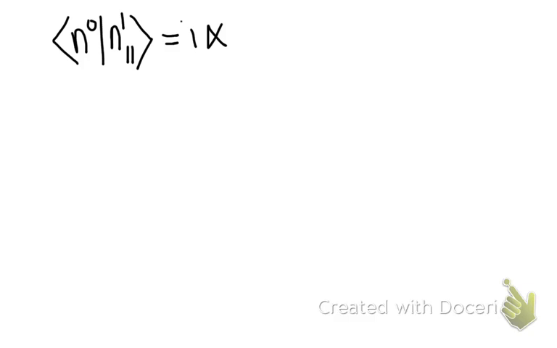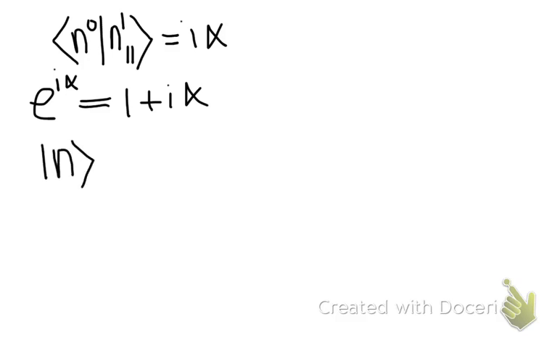Now we'll use one of the quantities, that my exponential iota alpha is equal to 1 plus iota alpha. Now this is just the series expansion of my exponential function with the power iota alpha, and here I'm again neglecting the higher order terms, right? So with this I can then write my n states as following: